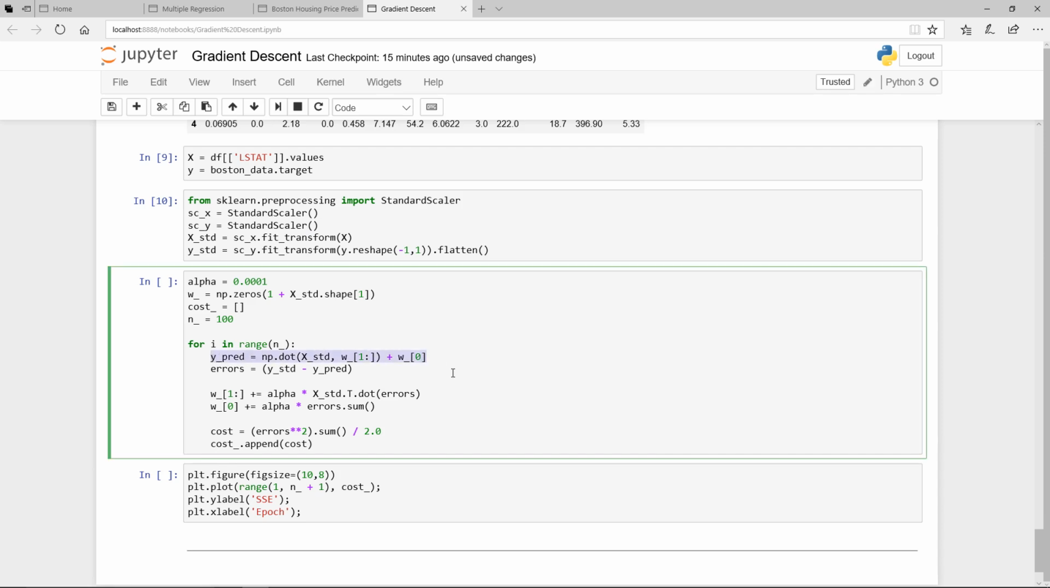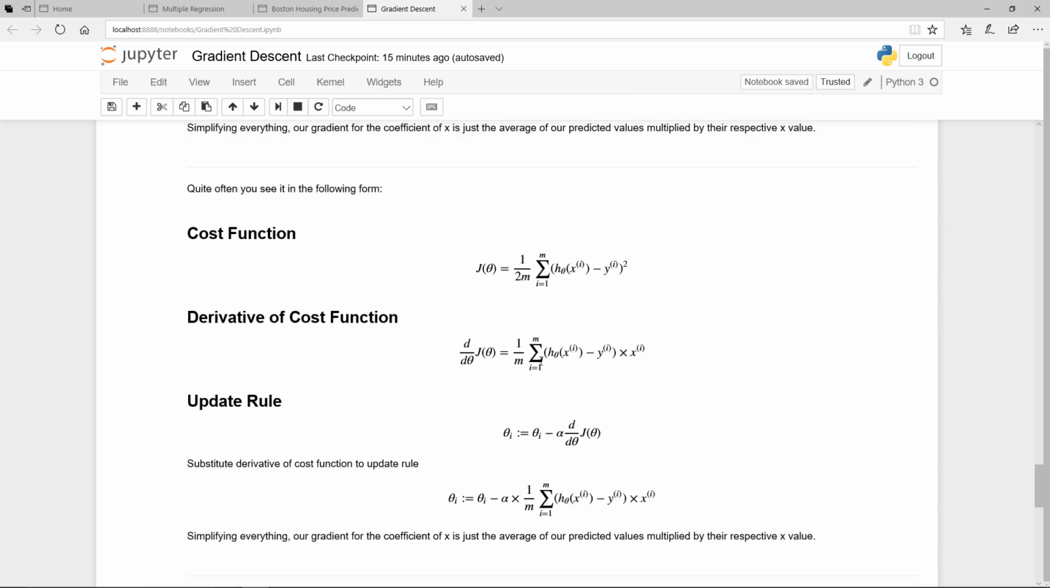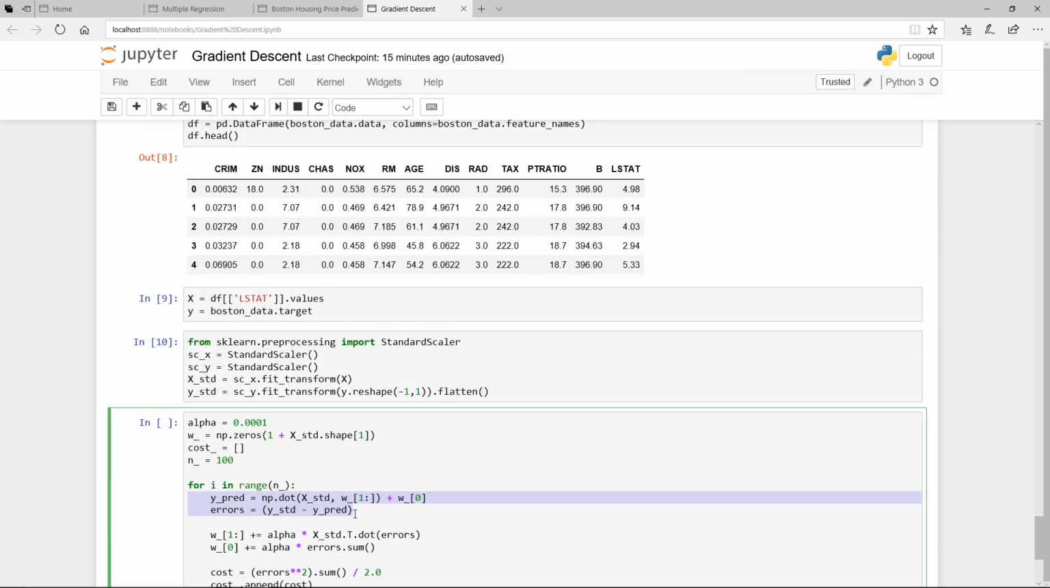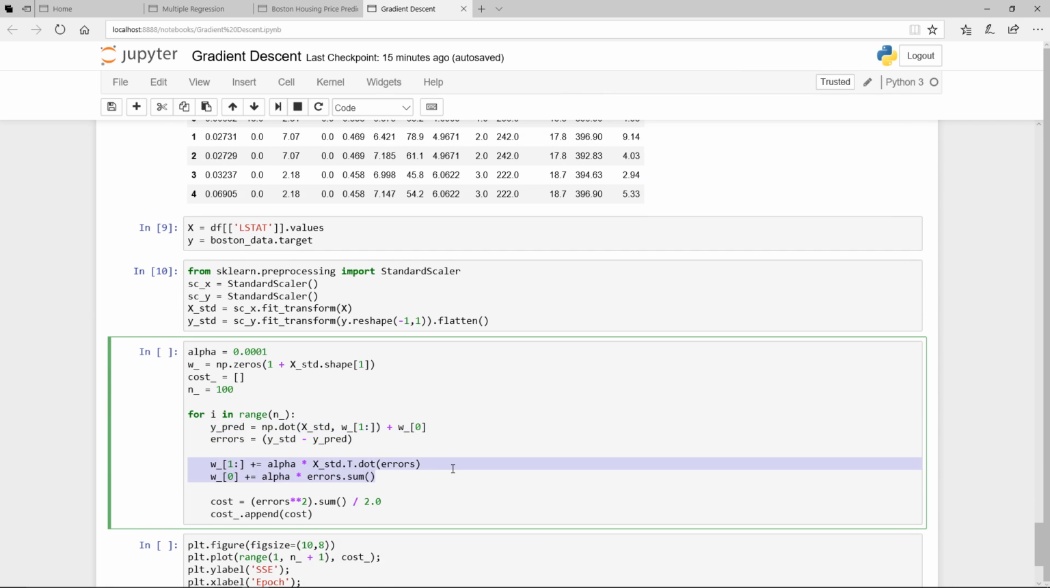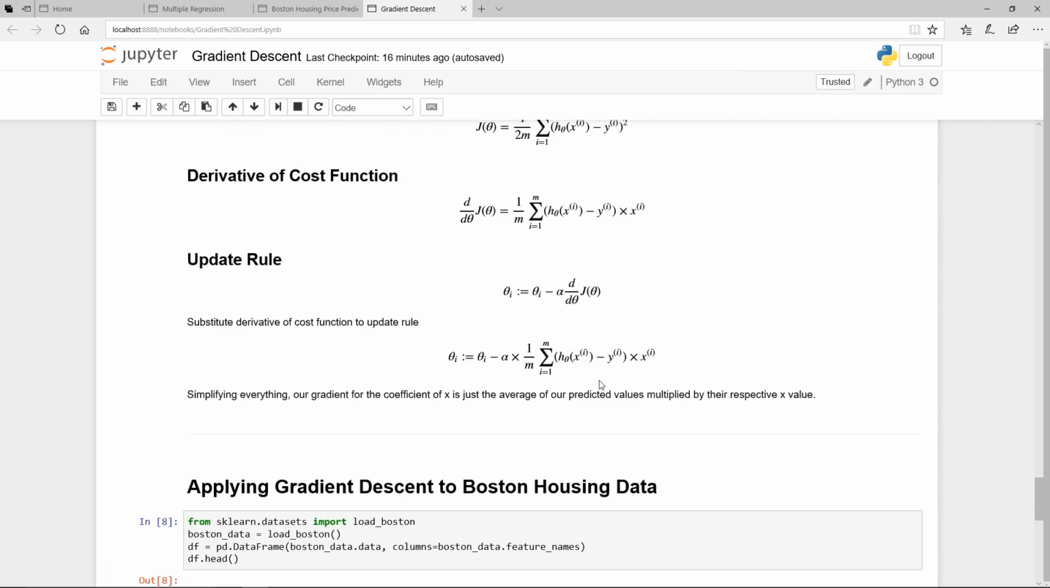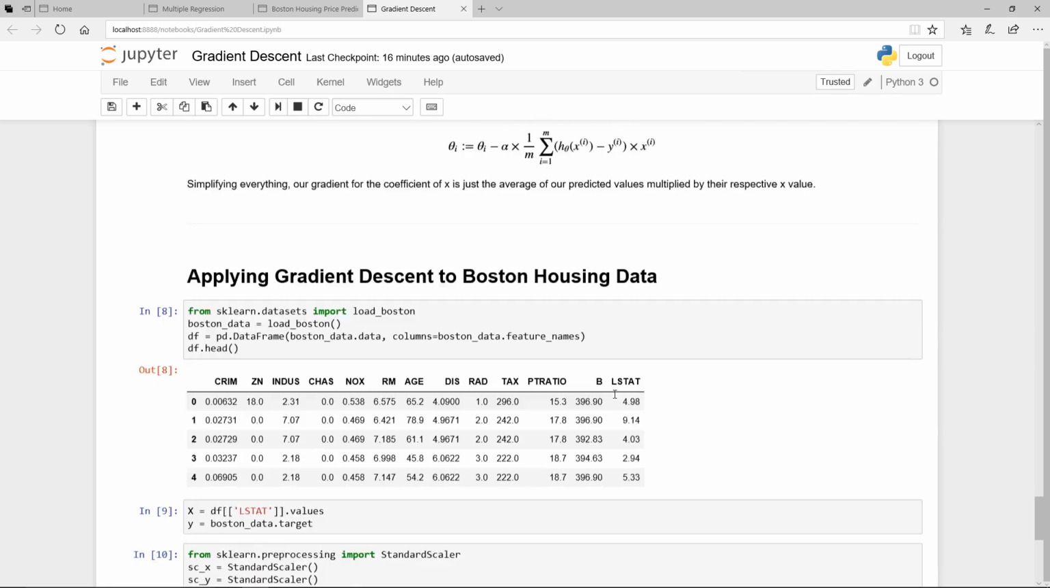This is calculating or predicting y, and this here is calculating the error. So these 2 terms, if you come back here, are in essence this portion here. The first term predicts the y, and the second term is calculating the error itself, which is what this is. And these 2 terms are basically updating using the update rule